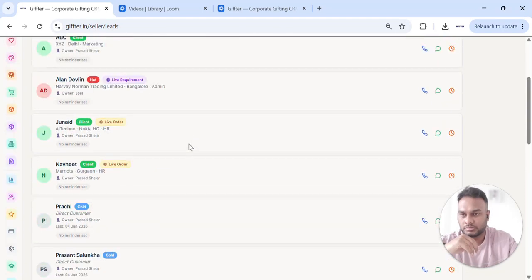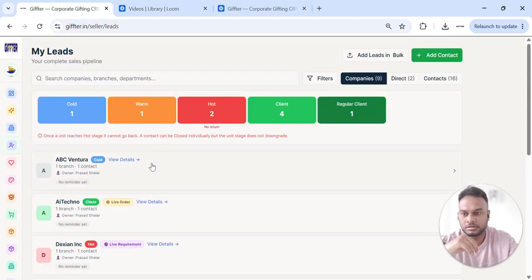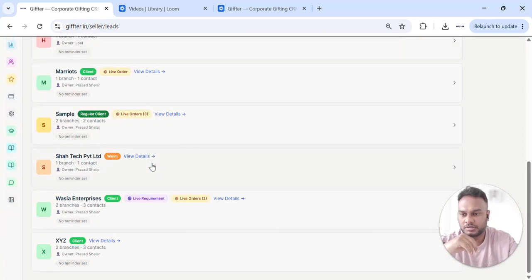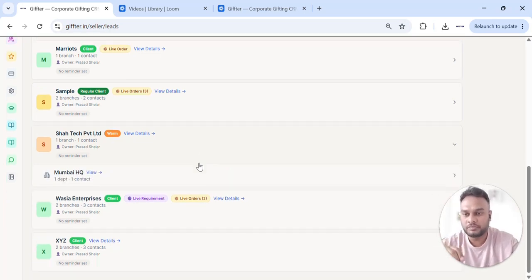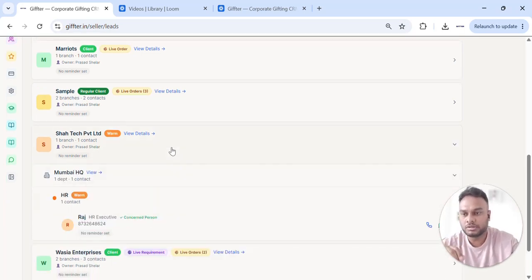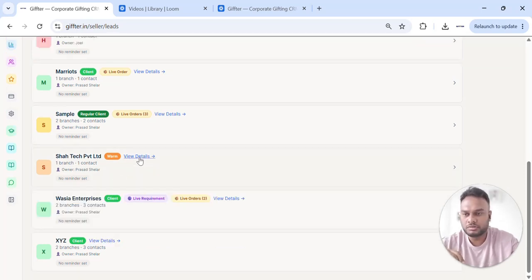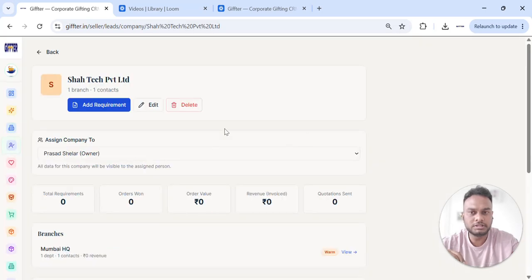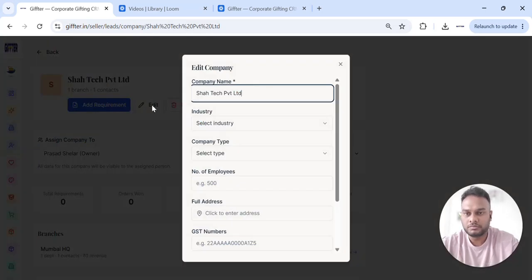Now if I go into the companies, we see Shah Tech Private Limited over here, right? Now I believe that every company has different branches. Every branch will have different departments, right? Now you can see the complete hierarchy over here. So you see the Shah Tech Private Limited company, you see the branch, you see the department and the contact number, right? So if you just click on view details of the company, if you go on edit, you can